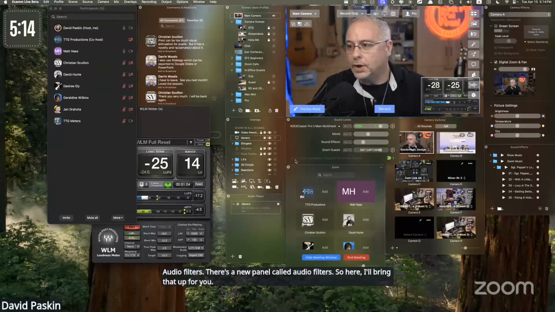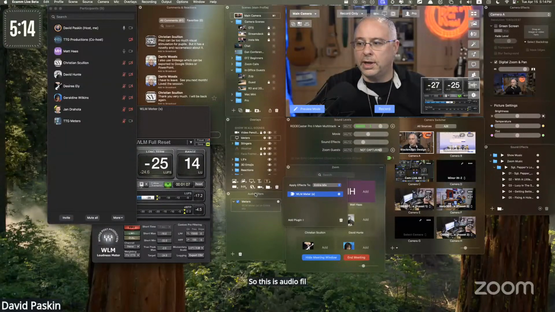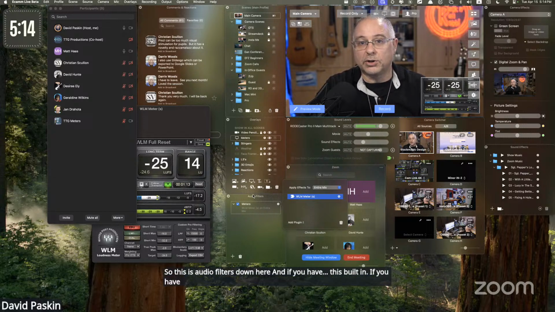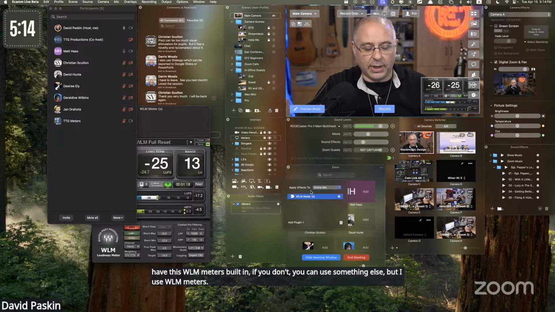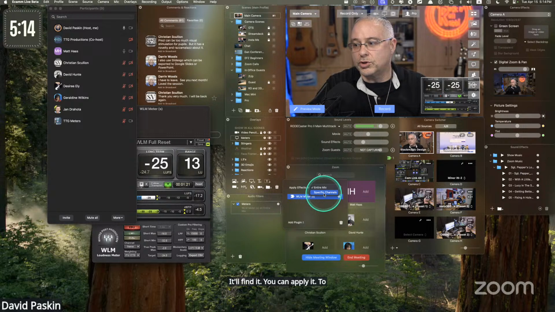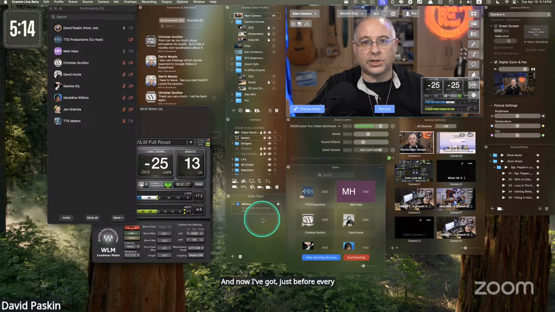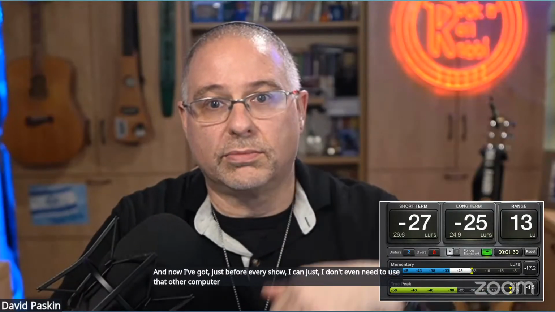If you go into your audio filters, there's a new panel called audio filters. So here, I'll bring that up for you. So this is audio filters down here. If you have WLM meters built in, if you don't, you can use something else, but I use WLM meters. It'll find it. You can apply it to the entire mix or to specific channels. I do the entire mix. And now just before every show, I don't even need to use that other computer. I can just pull it up as an overlay. Everyone can check their audio and then